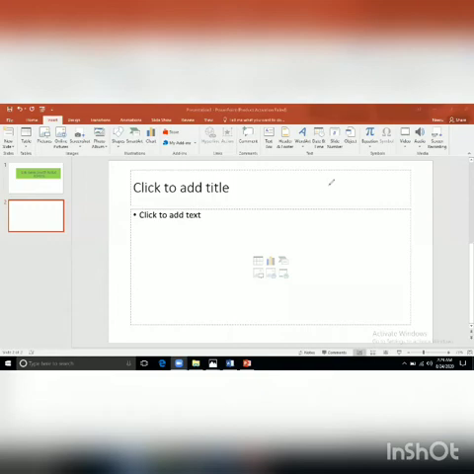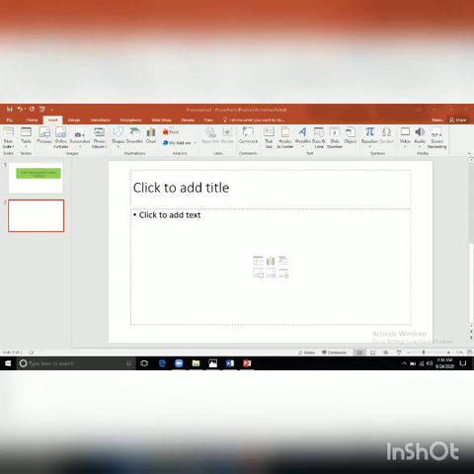So you can see here under the insert tab, there is one group, that is images group. And in this one you can find online picture is here. The older version, clip art also there, but in the newer version we use online pictures.